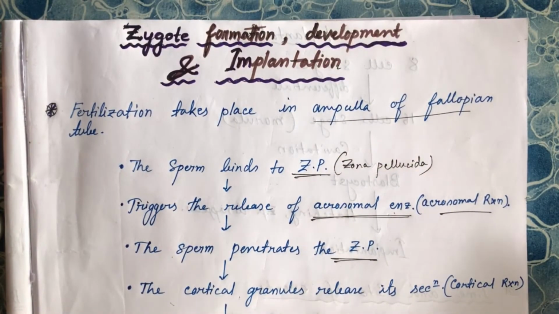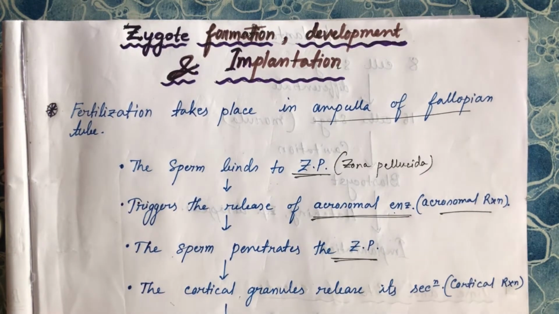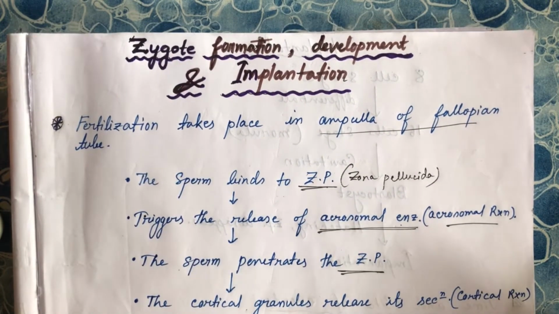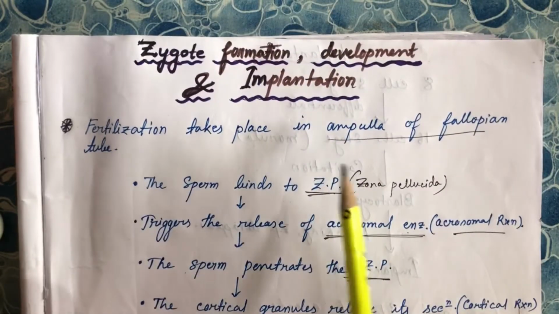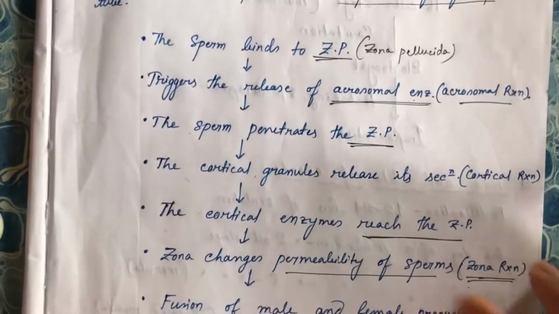So in the previous video we have seen how fertilization occurs. Now let's see how the zygote will form, the development of the zygote, and the implantation process. So let's revise the previous process once. Fertilization takes place in the ampulla of the fallopian tube. We all know that. So after that,